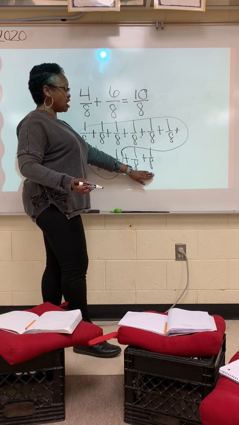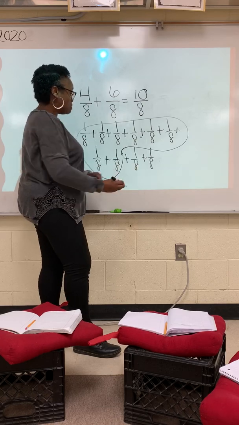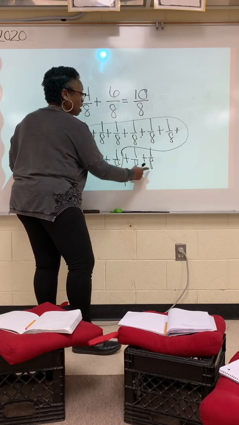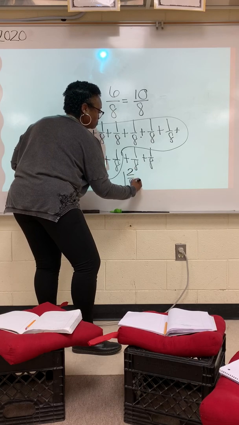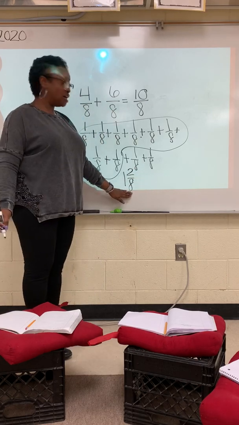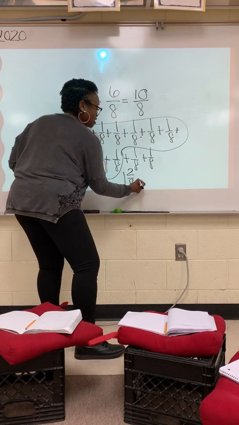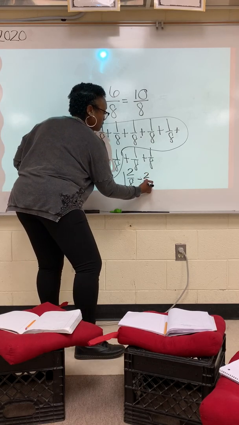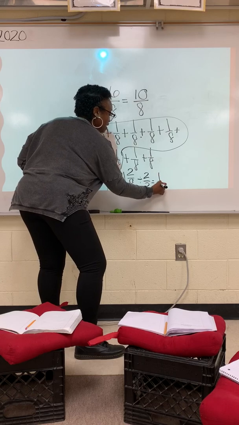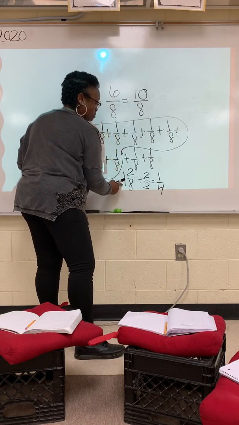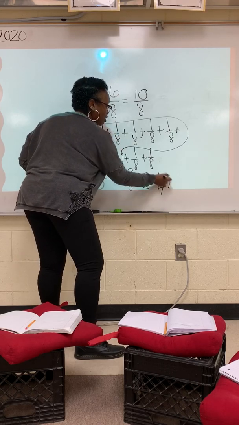I only have 2 eighths left, so I can't make another whole. So my mixed number would be one whole and then 2 eighths left over. Now before I move on, can I simplify 2 eighths? Yes, I can. I'm going to say I can divide both numbers by 2. That leaves me with 1/4. Bring this 1 over, so my final answer is